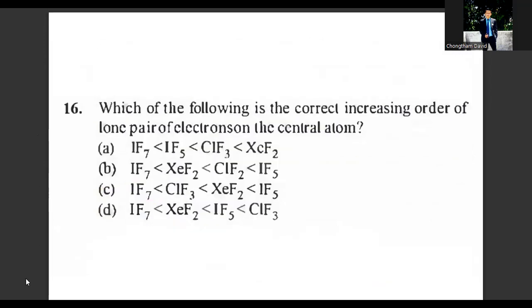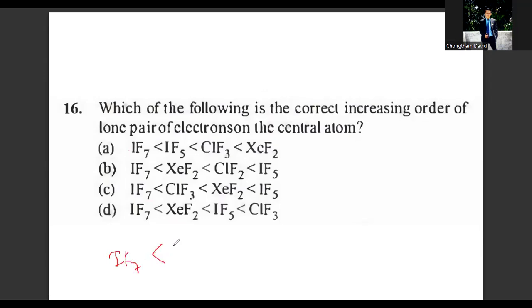Moving on to question number 16. Which of the following is the correct increasing order of lone pairs of electrons on the central atom? For this, IF7 has 0 lone pairs on the central atom, IF5 has 1, ClF3 has 2, and xenon difluoride would have 3. So the correct increasing order would be